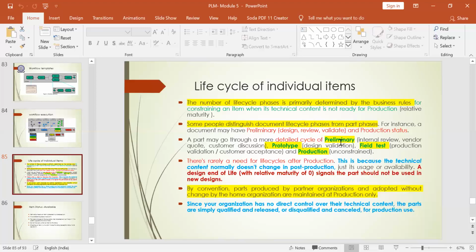Once the design is approved, it has to be validated. The design will get validated when you see a successful prototype working as per the requirement. So generating a prototype, either virtually or physically, will have its own life cycle.